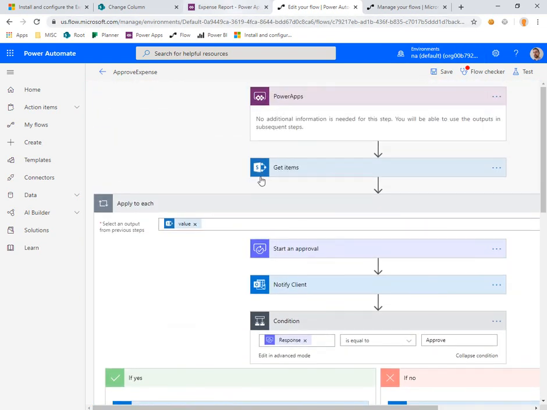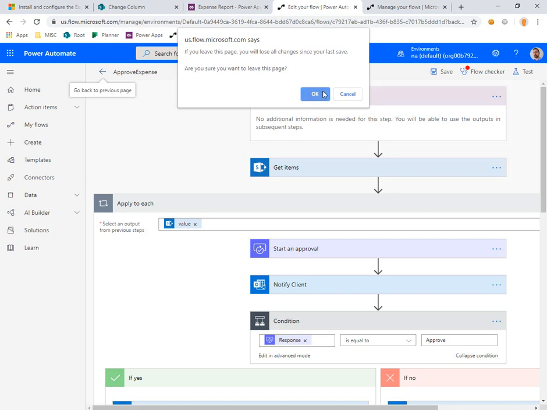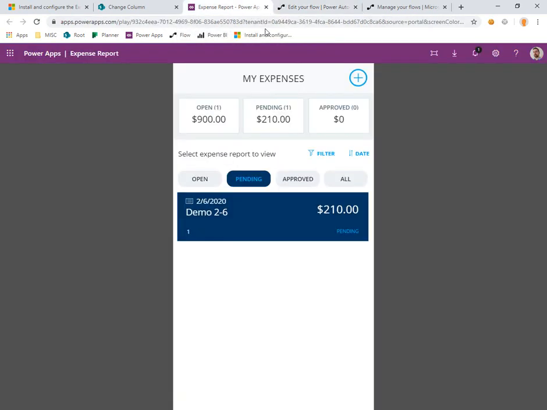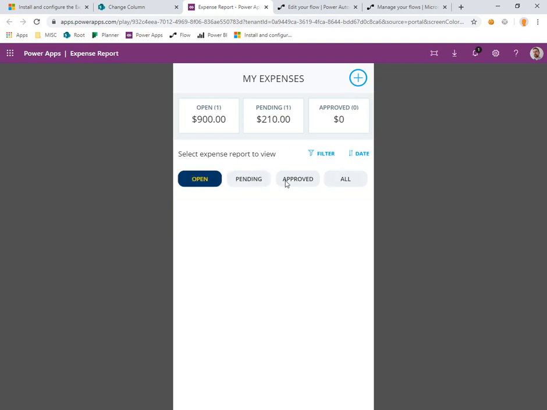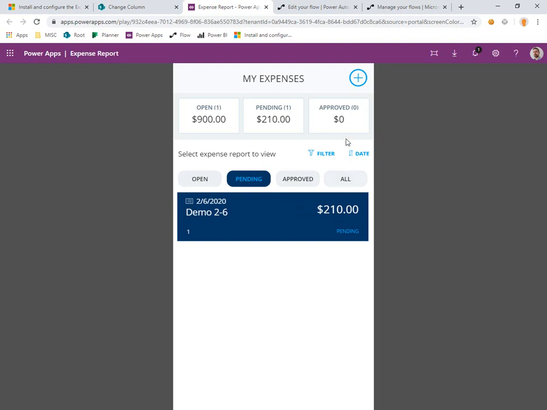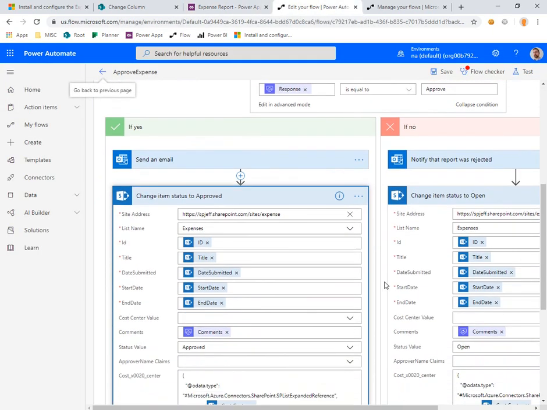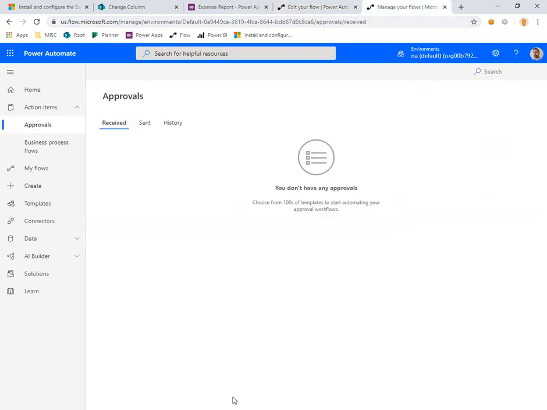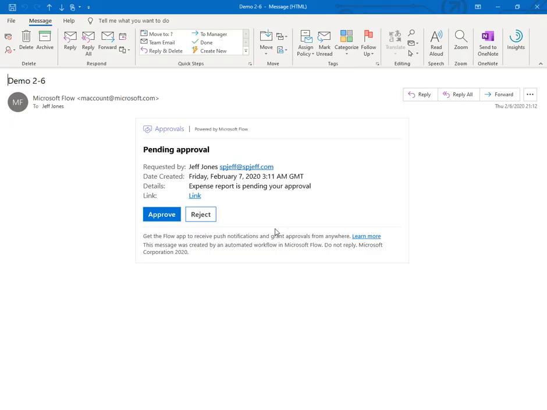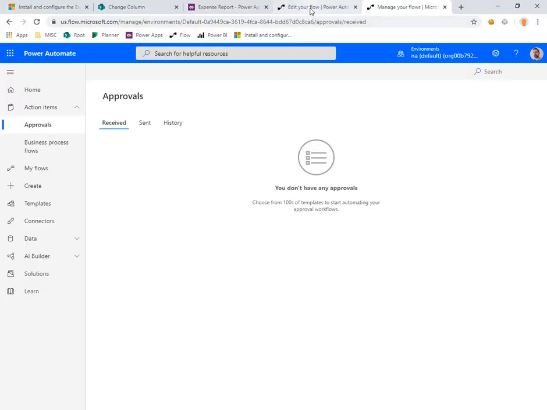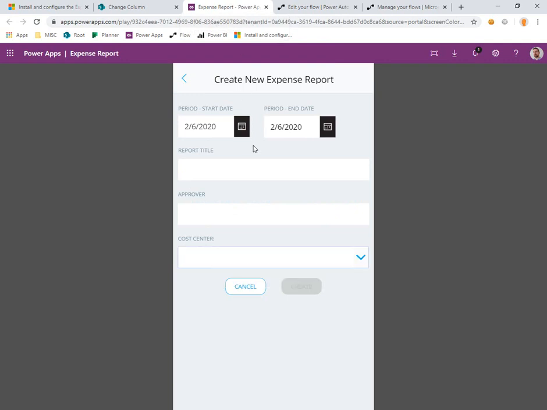Excellent. With the flow updated, we'll be able to route future ones and have them update the status when they finish the routing process. And back over here, we can see our Power Apps to manage any open, pending, approved items, and go ahead and submit new ones. So that's an introduction to the expense report template, the flow process for approval routing, and the email notifications that actually go with that as far as approve and reject. So that's a pretty good high-level intro to Power Apps, Flow, the approval sequence, SharePoint list for storage,